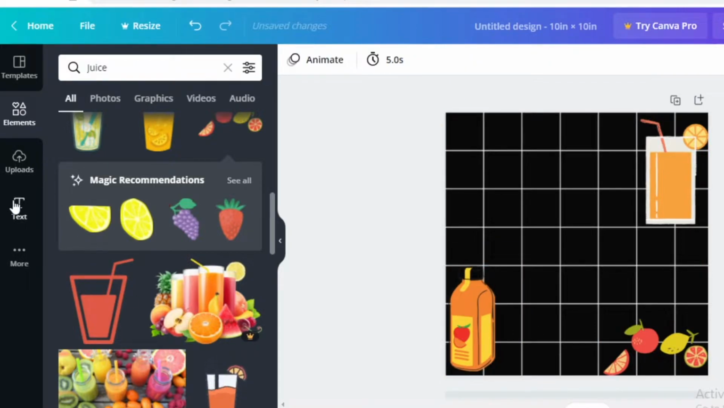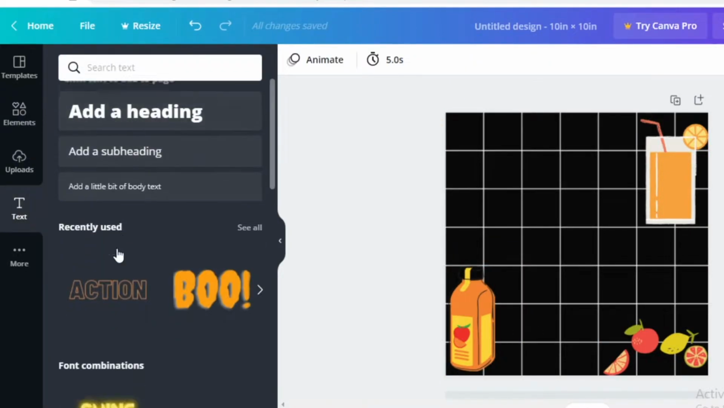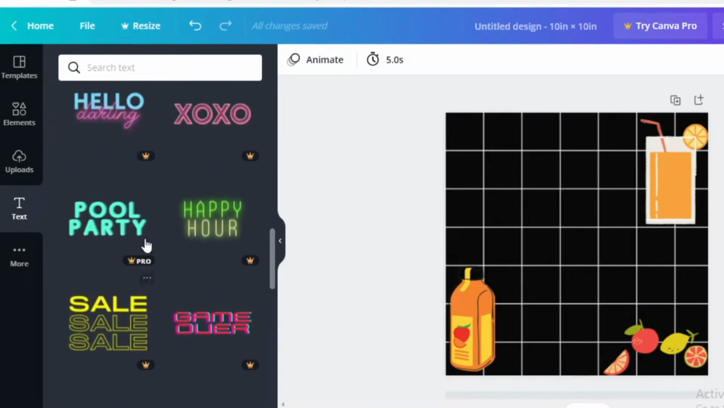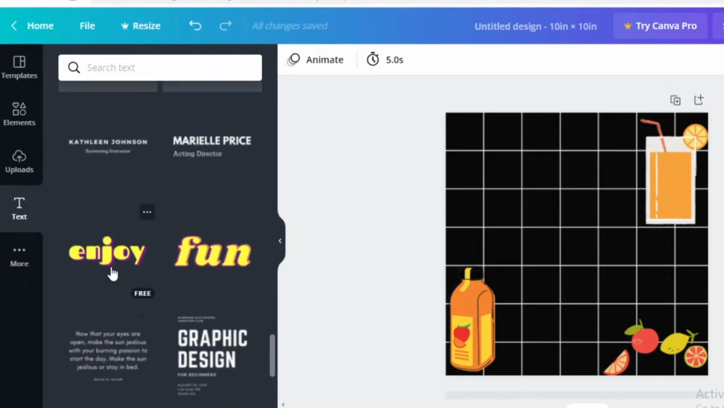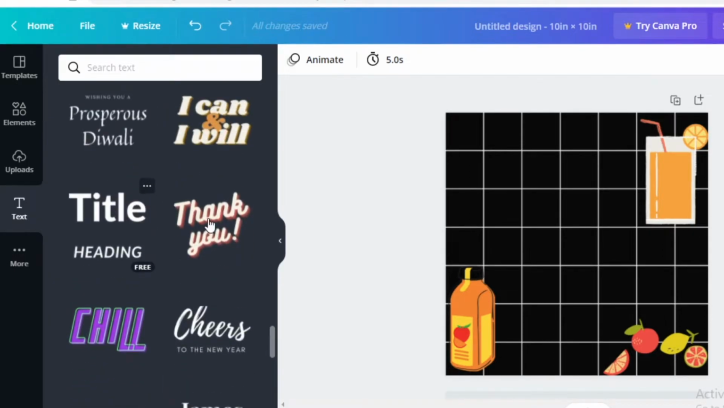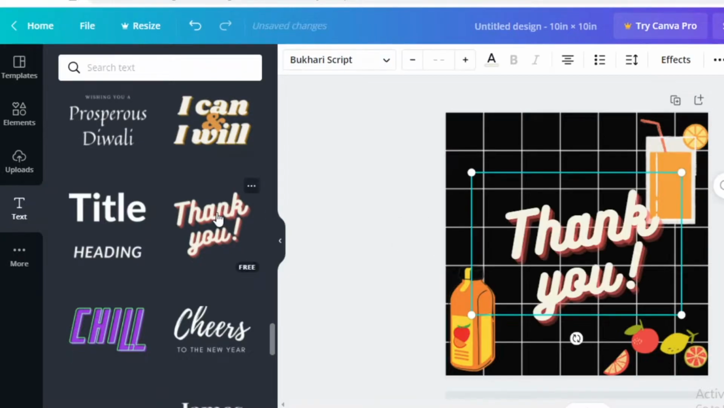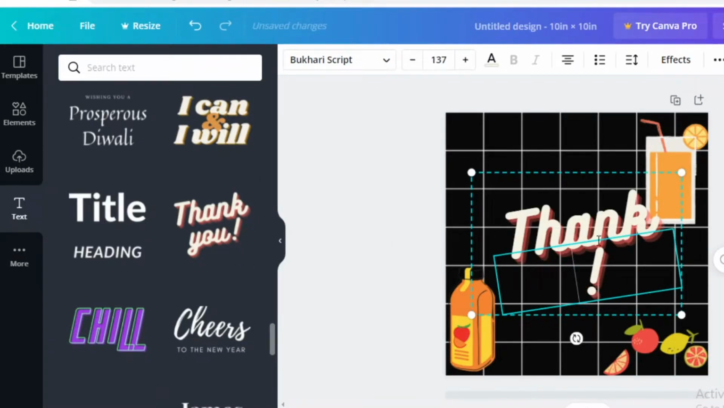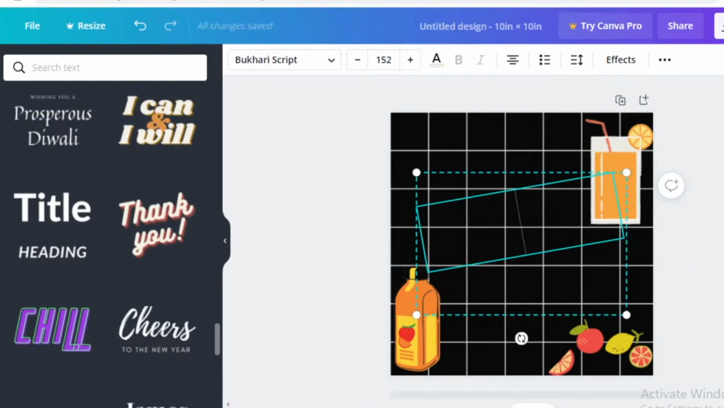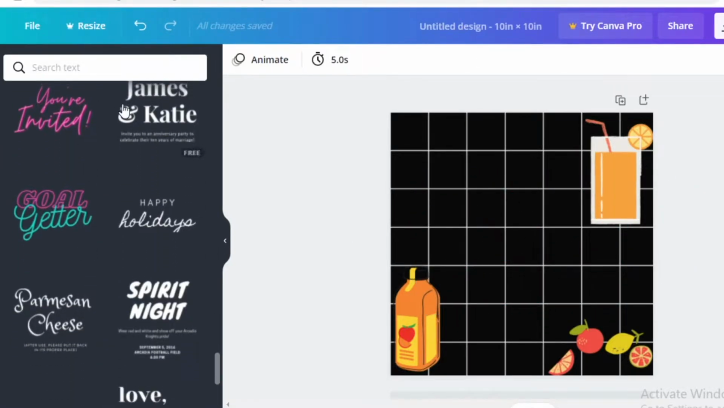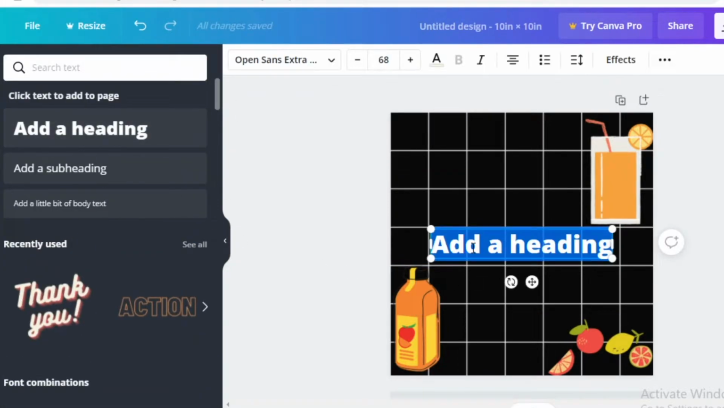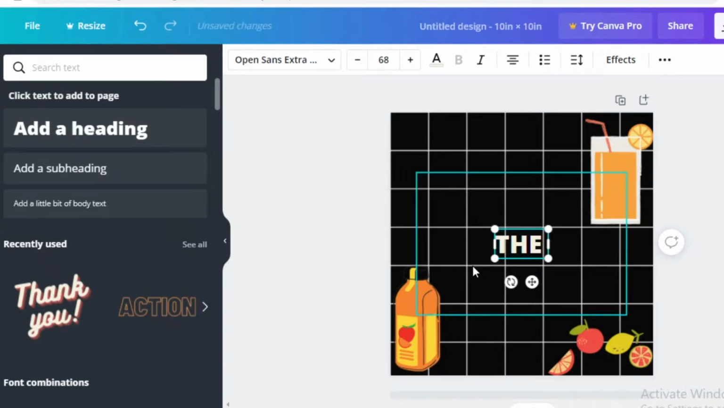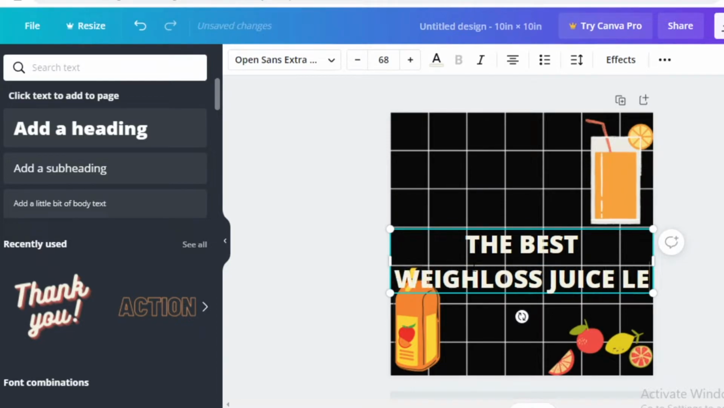And now I'm going to go on to the text section, and I'm going to add any kind of text. So I'm going to add a text with a plain black background to make sure that it stands out. So let's say I go with this kind of text, and I'm going to click on it. Now I'm going to enter my own text over here, or I think this looks a bit too much. For a link, I think I'm going to opt for a simpler text because my poster is already pretty well designed. So I'm just going to write the best weight loss juice cleanse for